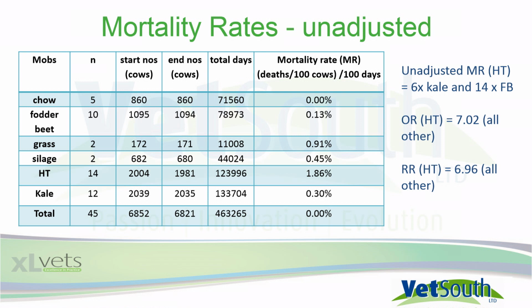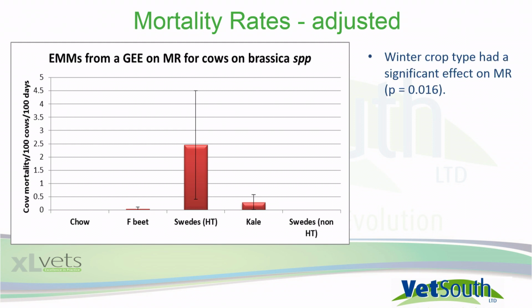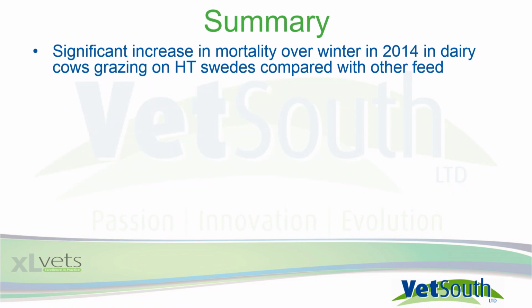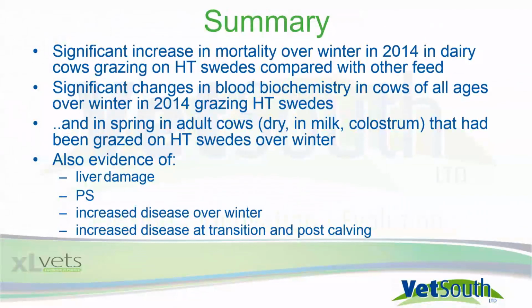If you run a bunch of more complicated stats, so obviously these animals are clustered by group, and you run a GEE, you get very similar results. So here's the adjusted mortality rates. And yes, the error bars are quite big, but the p-value is 0.001 or something. It's highly significant. So winter crop had a highly significant effect on mortality rate. So we were fairly comfortable that HT Swedes was causing this higher mortality. Been through some of that sort of stuff, and evidence of not only higher mortality, but increased disease and